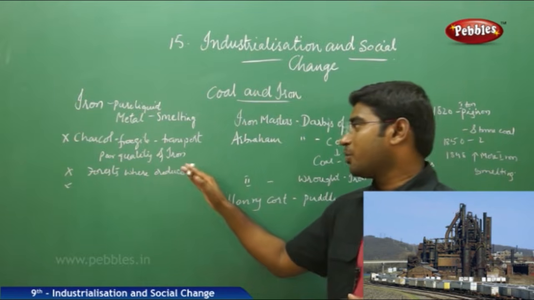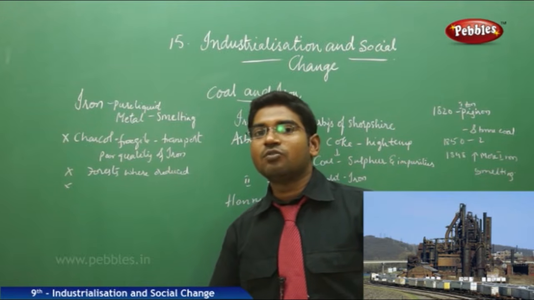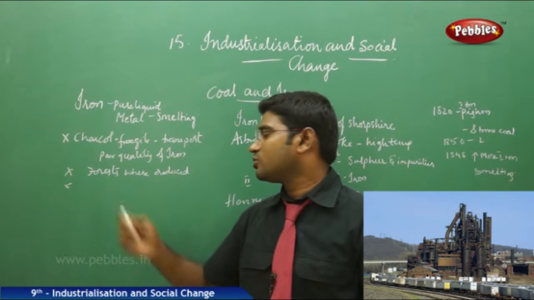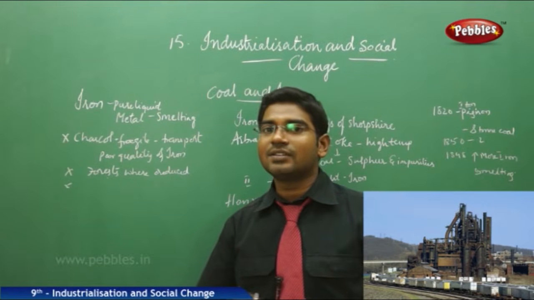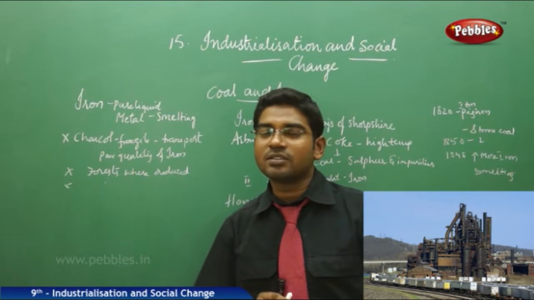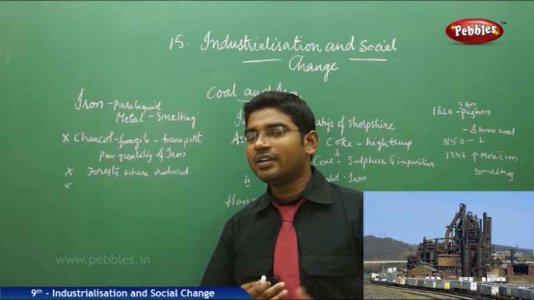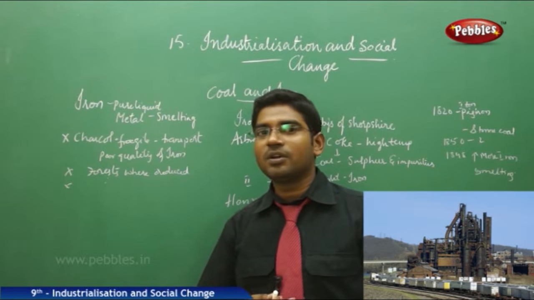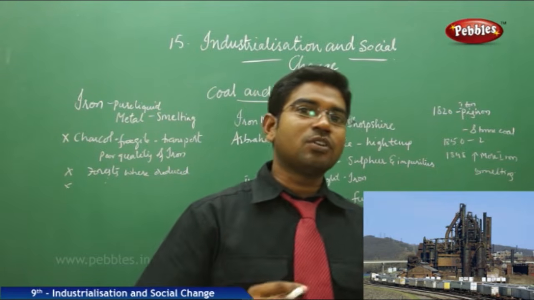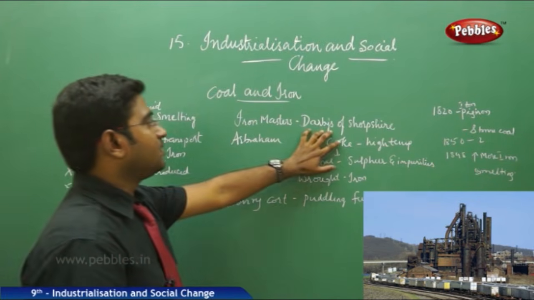These are the negative points. In order to get this charcoal we also need forests and wood, so deforestation took place on a large scale. They required wood, so they started to cut timber trees, and deforestation was high. So all these added to the need for people to think about alternatives for how to heat the iron. Then we got the discovery by the Darbys of